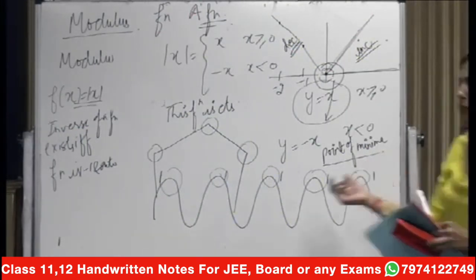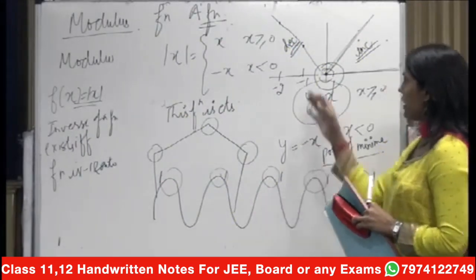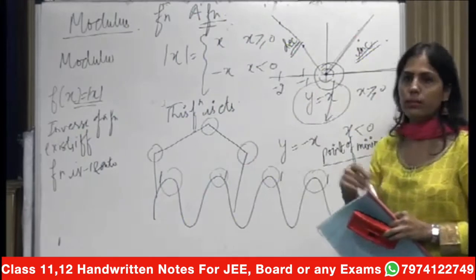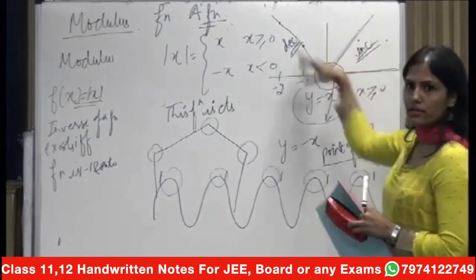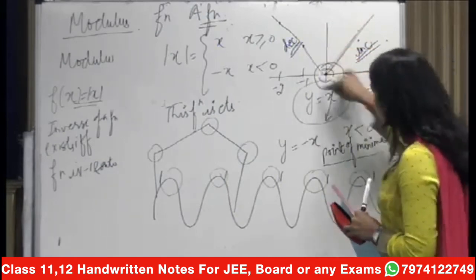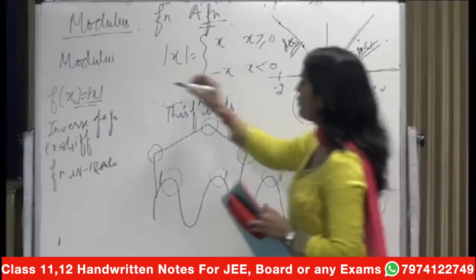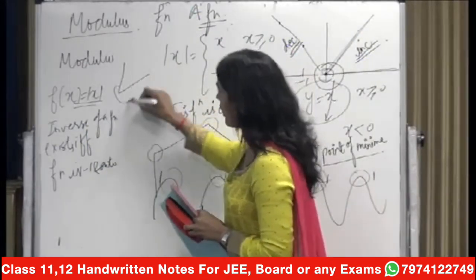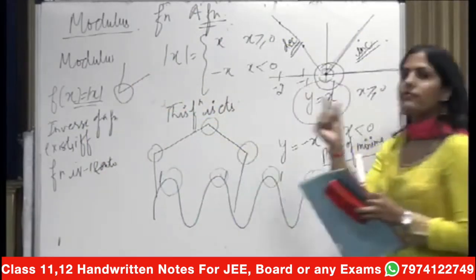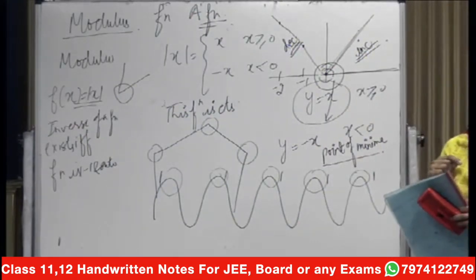Let me start again from where I was. Differentiability, basically our topic is modulus, but I am telling you what the modulus function looks like. I have taken the simple function mod x. So in the mod x function, here there is a corner. This type of thing is there in the graph. So if such a corner is there, then at that point the function will not be differentiable by the graph.